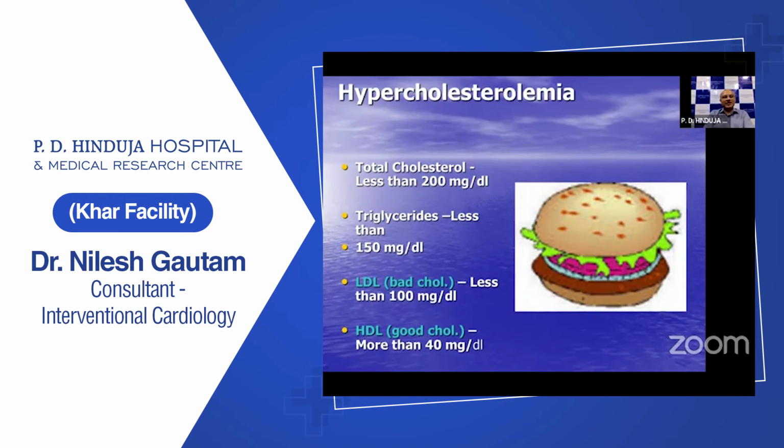The body does need 2 to 3 teaspoons of oil, butter, or ghee a day. Anyone, right? Because a large number of our hormones, and the lubricant oils between our joints, are all made up of fat. So consumption of fat along with carbs and proteins is required, which leads to the formation